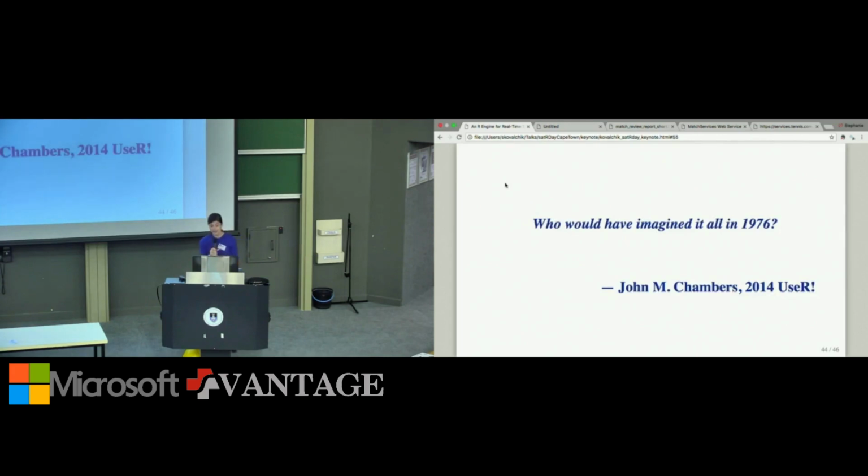It's interesting, when I was preparing this, I thought back to a talk I was fortunate enough to be a part of as an audience member, when John Chambers spoke at the 2014 UseR. The theme of his talk was all about the future of R. This quote points out his reflections thinking back to the birth of S, the predecessor of the R language.